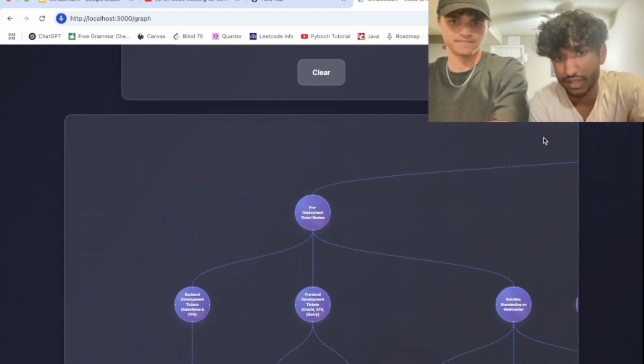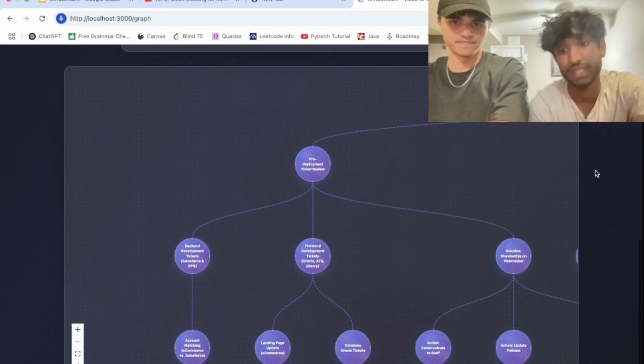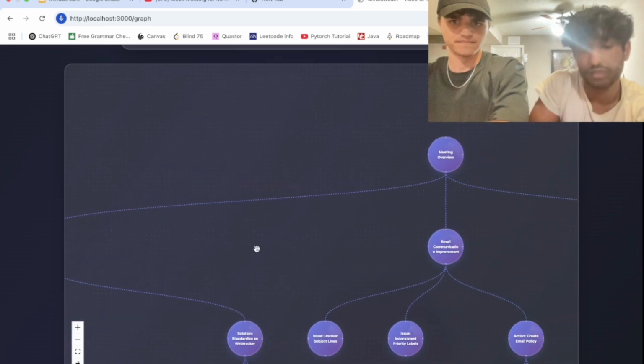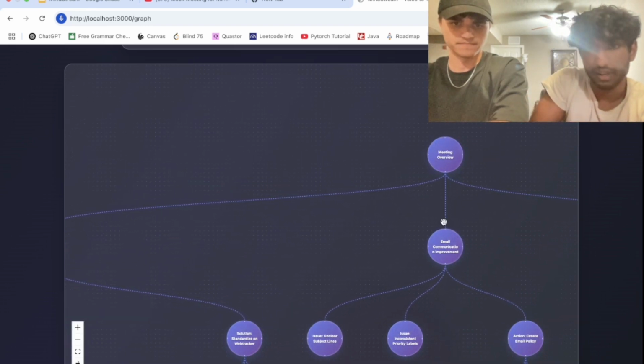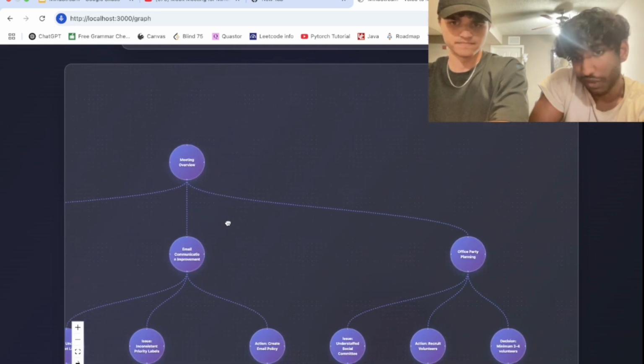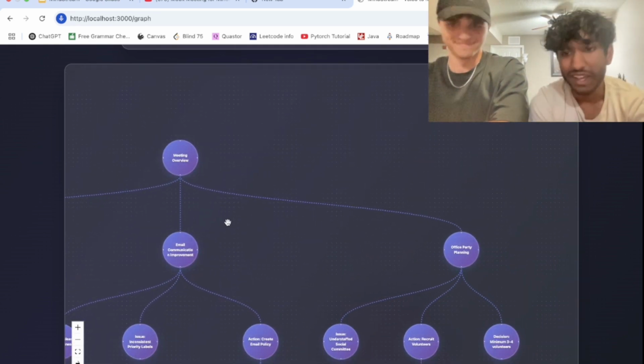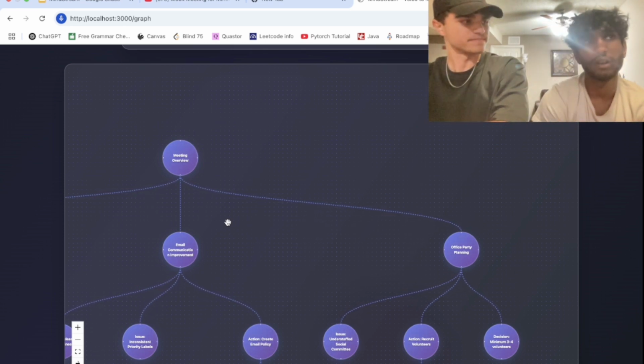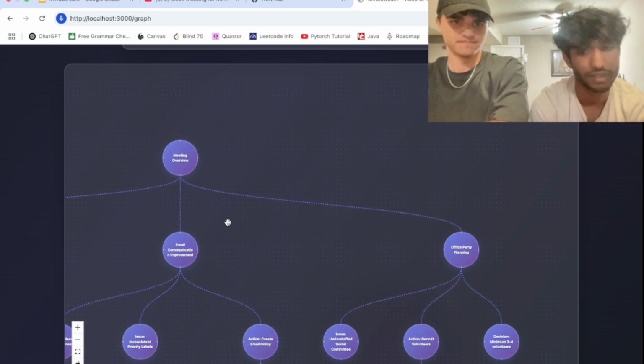Perfect. So as you can see, this is 7 minutes, so the mind map is a lot bigger, but it did a great job of finding all the relationships throughout the video, highlighting important stuff that were talked about, action items. If we go to the right, there was actually an office party planning. So imagine you're the person that missed the meeting because you had a different obligation, and you wanted to see a meeting that was maybe 15 or 20 minutes long.